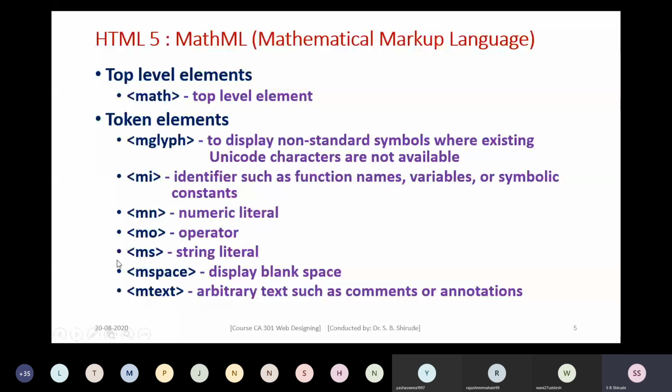So these are some token elements that we learned: mglyph, mi for identifier, mn for numeric literal, mo for operator, ms for string literal, mspace for displaying blank space, and mtext for adding arbitrary text,